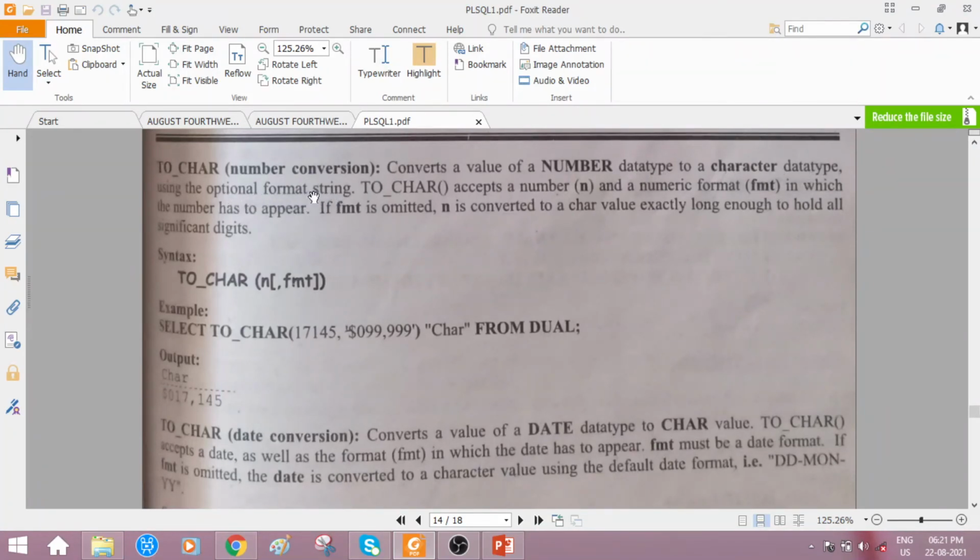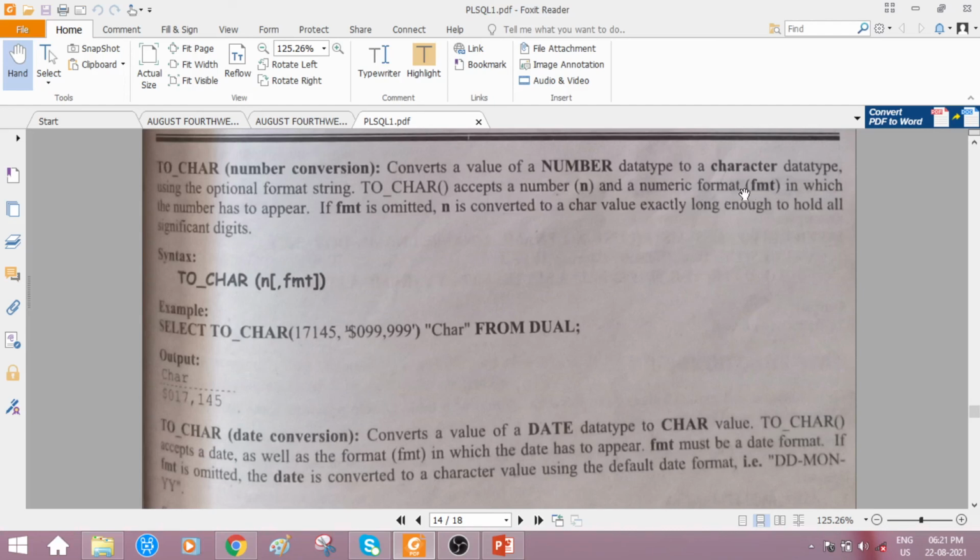See, optional format string. So to_char is a function that accepts a number, n, which has to be converted to character type, and a numeric format. Format is represented with fmt, so the number has to be converted to character type, and that character type has to be printed in a certain numeric format.